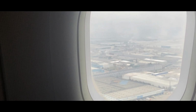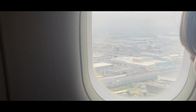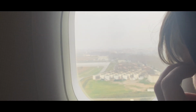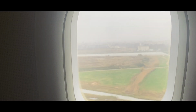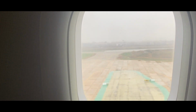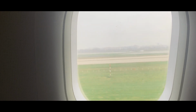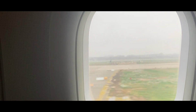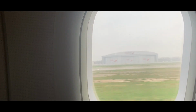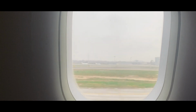After 2 hours of flight, now we are just heading towards the Barcelona airport. We are just about to land in Barcelona, and as you can see, it's a bit of a cloudy and rainy day here in Spain. Not quite the sunny Mediterranean welcome we imagined, but honestly, it still looks magical from up here. You can see, as I already showed you, the port of Barcelona down there,